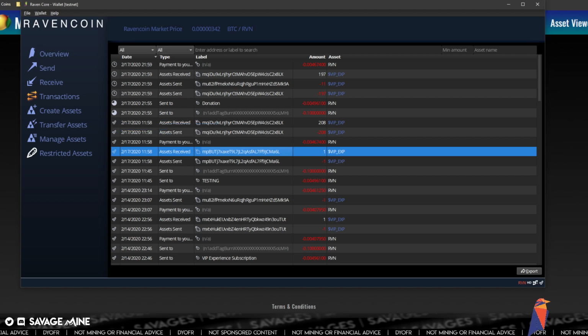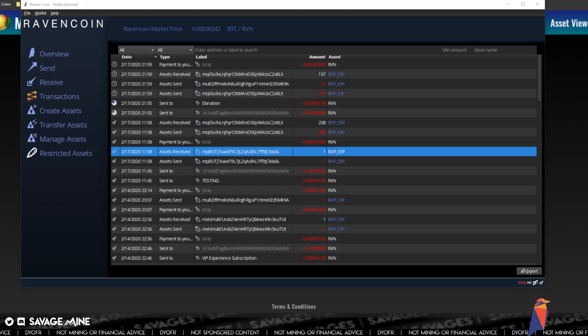Don, no, this is not staking. Ravencoin does not have any type of staking. This is restricted assets and tags, so that you can tag addresses to receive restricted assets, and this is basically for security token offerings, STO. You can't say SEC compliant because there really is no such thing, but it makes it comply with securities laws from way back in 1933.